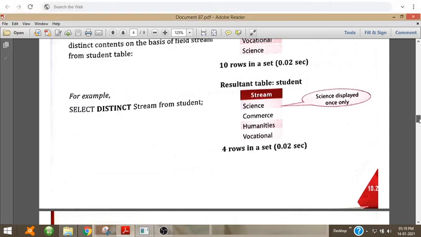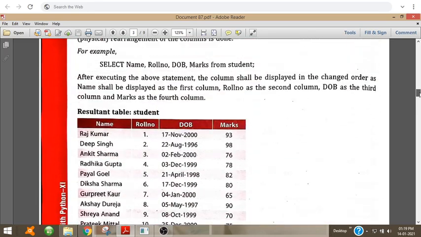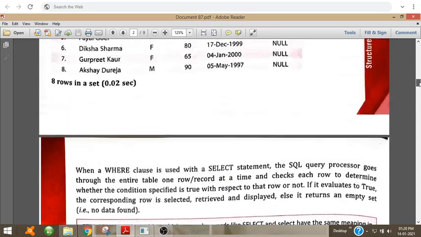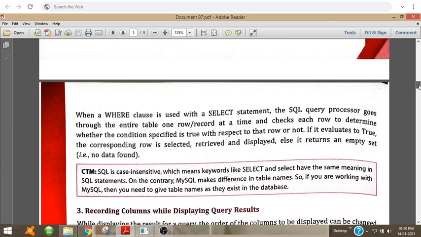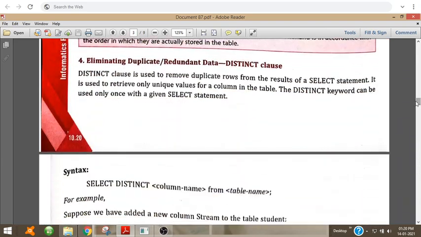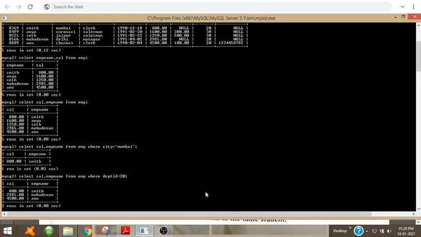Now we have studied how to retrieve particular columns, how to retrieve all the columns and how to retrieve based on a condition. Now we have to see how to use the distinct clause.